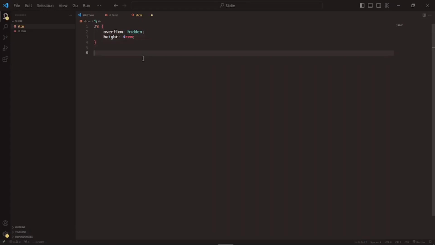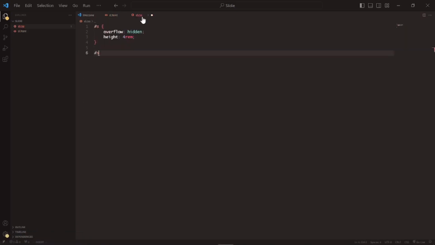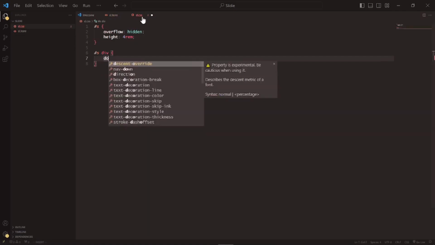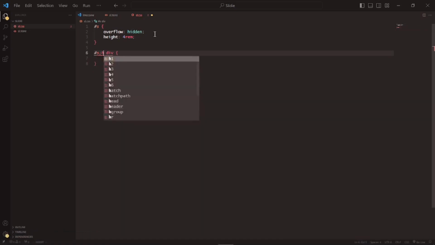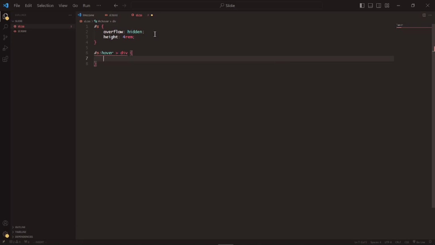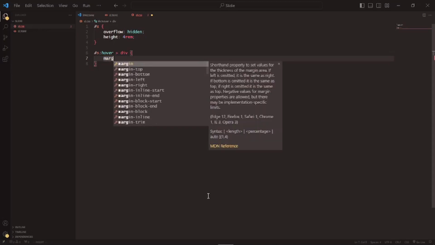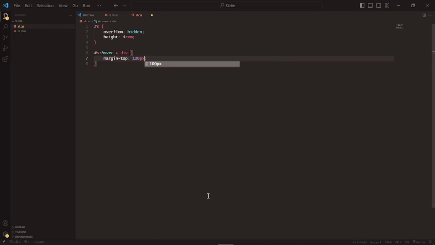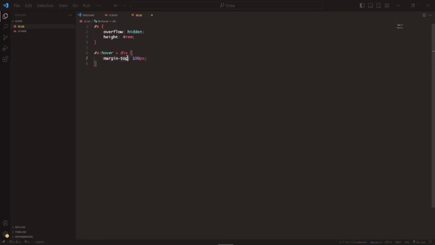So now, once we do that, I'm going to go to hashtag S div. No, I'm not going to write div. So I'll write hover. Hover greater than div. I can set the margin top to 100 pixels. And the margin bottom,